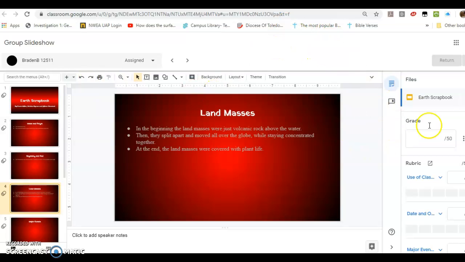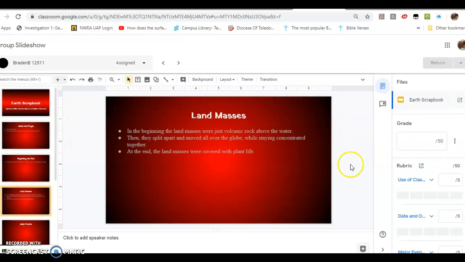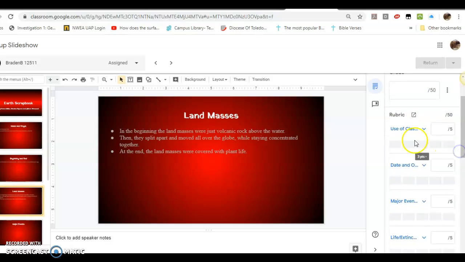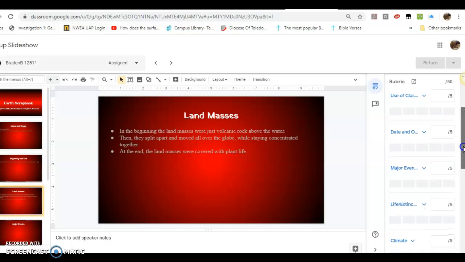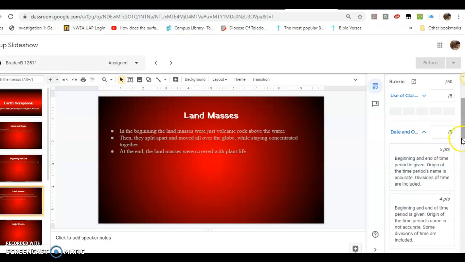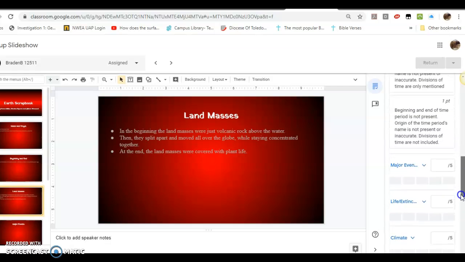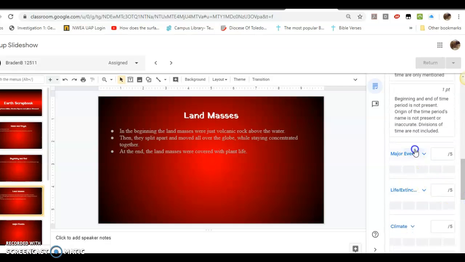And you have to make sure that when you start working on this, you look at the rubric that goes with it. It's attached right to the slideshow or the assignment for this. So there's use of class time, 5 points. I want to know about the date and the origin. You should be able to click and see exactly what each point value is for. Major events,